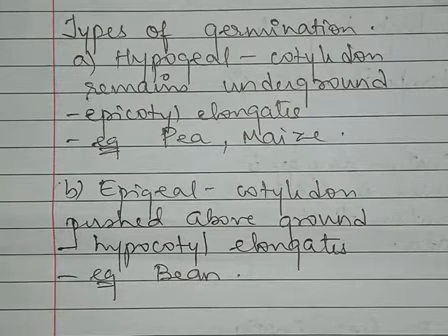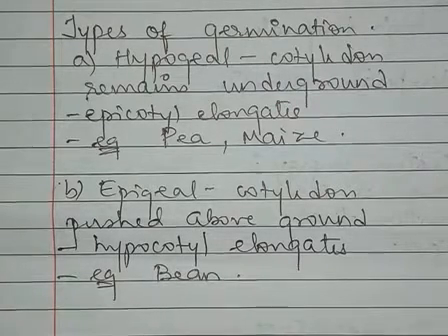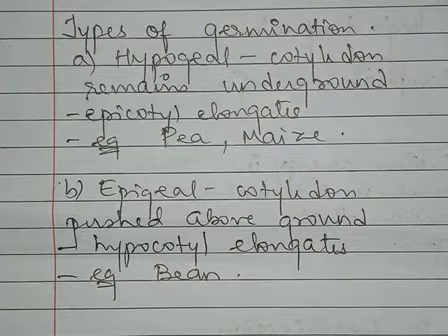Okay, so in the previous video we have studied that germination is the process of formation of seedling from the embryo. So what happens is the embryo will be growing and it will be forming the seedling, right? The plumule present in the embryo will be developing into shoot, and the radicle will be developing into the root. Okay, so that is germination, right? We also saw certain experiments related to the germination and proved that water, oxygen and suitable temperature are required for the process of germination, right?